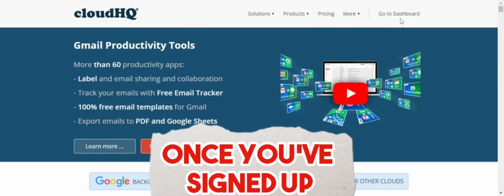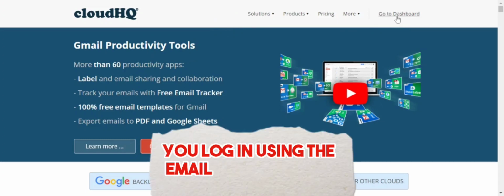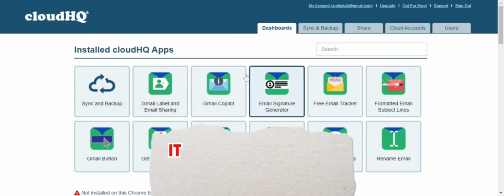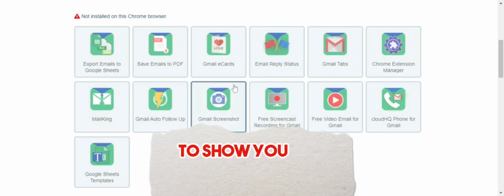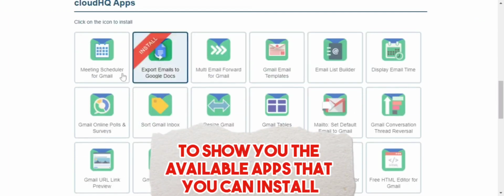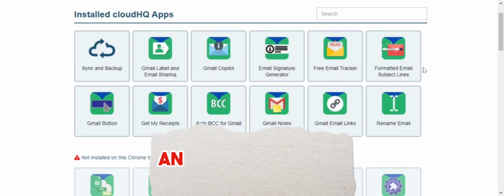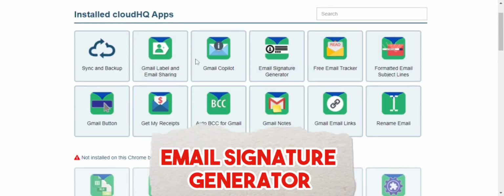Once you've signed up, you log in using the email that you signed up with. Then you'll be taken to your dashboard. Once on the dashboard, it will give you all the installed CloudHQ apps. And if you haven't installed any, it will show you the available apps that you can install, like the ones below. In this case, we are looking for an app or a Chrome extension called Email Signature Generator, and that's what